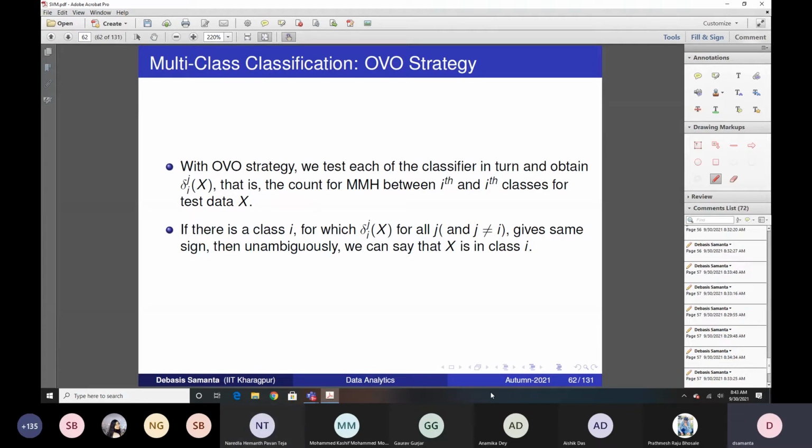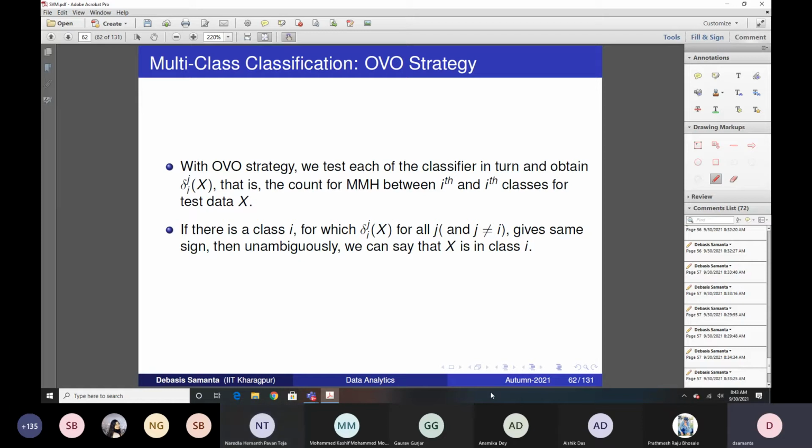The serious problem is that for k equals 3, that means 3-class data, only 3 classifiers are to be built. That means your model building cost will be multiplied by 3 compared to a single model. So the cost will increase as the number of classes increases. If there are 5 classes, the training time will increase 5 times. And there is a little increase in testing time too, because we have to test out of so many decisions that it will return and then take the one in favor.